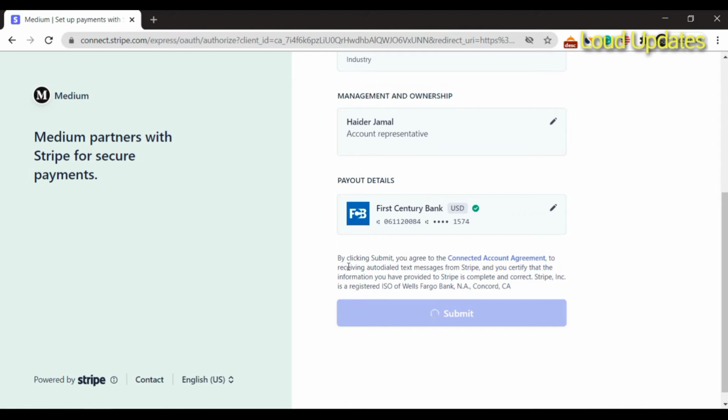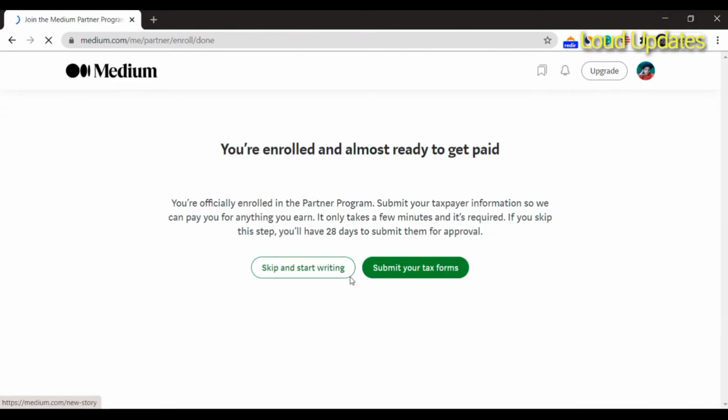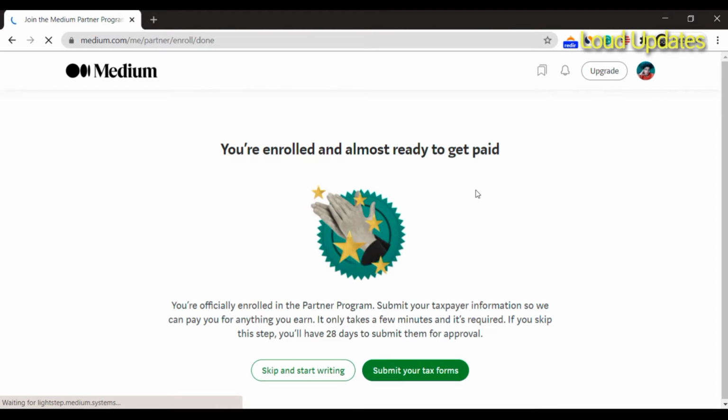Submit. It takes a few seconds, and then Medium automatically redirects us to the Medium Partner Program. You are enrolled and almost ready to get paid. You are officially enrolled in the Medium Partner Program.